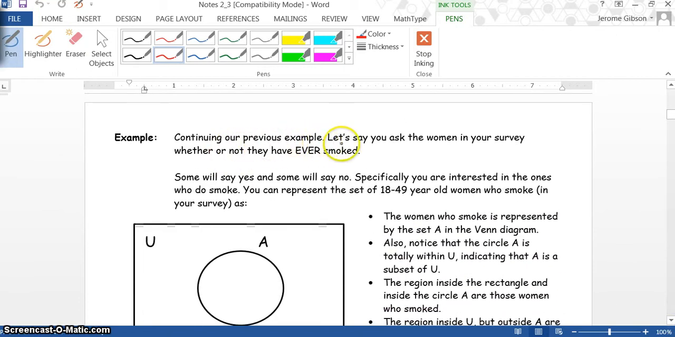Continuing our previous example, let's say you ask the women in your survey whether or not they have ever smoked. Some will say yes and some will say no. Specifically, you are interested in the ones who do smoke. You can represent the set of 18 to 49-year-old women who smoke in your survey as: